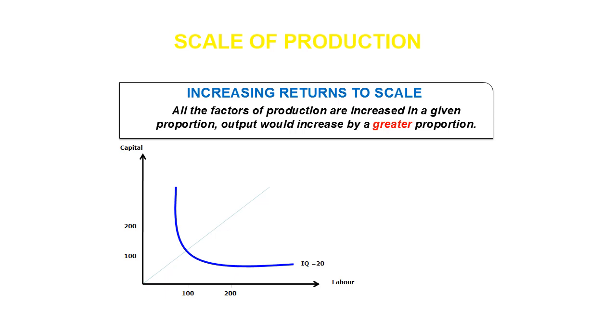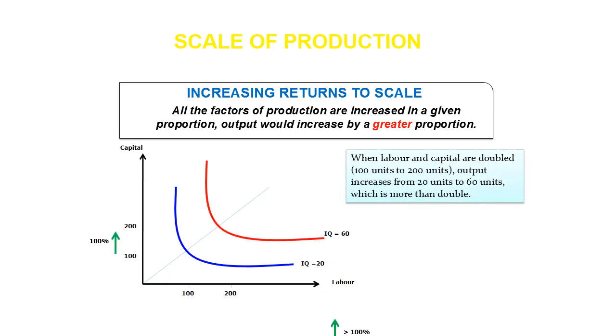Now coming to scale of production. When producer increases inputs from 100 to 200, both labor and capital, production increases from 20 to 60. In this case, inputs are doubled, but output is more than doubled. It has almost become tripled. Now, why this happens? This happens because initially, producer will have